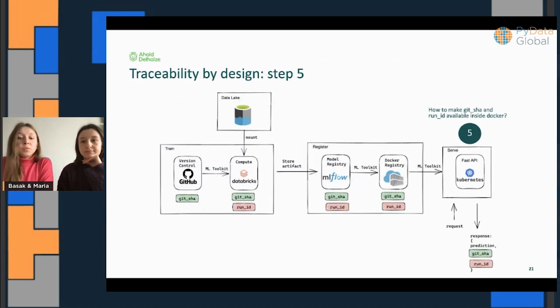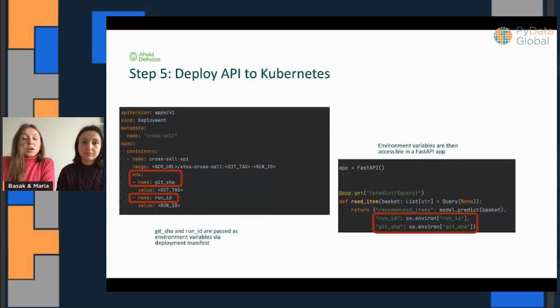So then when we have a Docker image available in the Docker registry, we also tag it with git_SHA and run ID. We want to also make git_SHA and run ID available inside the Docker image that is used to serve our API, and provide a response that contains git_SHA and run ID as well. So to deploy the API to Kubernetes, it's possible to pass environment variables in the deployment manifest.